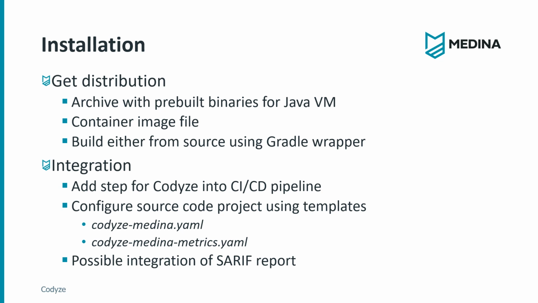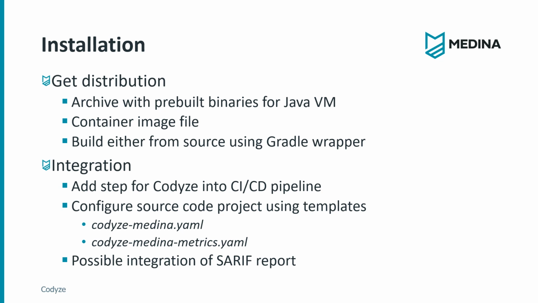With the integration of Codyze, projects can be analyzed automatically during pipeline runs. Codyze offers templates to ease the configuration of projects. Project-specific configuration files should be included in the project's source code repository. This way, Codyze uses them during pipeline execution. Moreover, Codyze's configuration is managed consistently within a project. Finally, it's possible to integrate Codyze's SARIF report into a development platform to create issues for developers and highlight violations